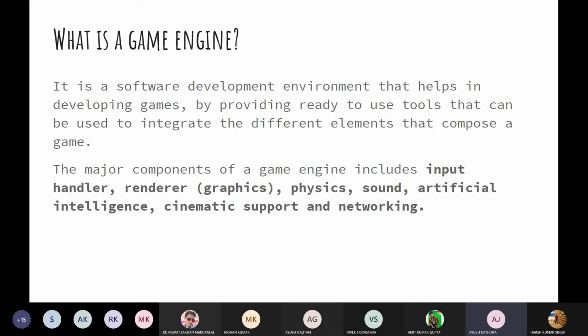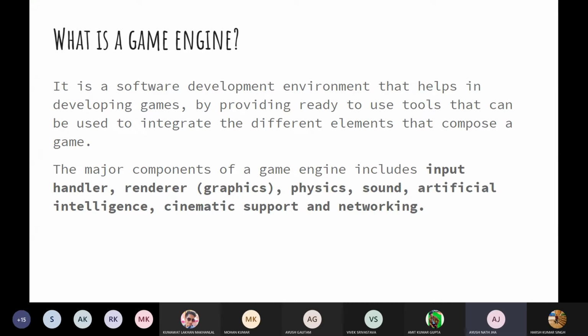So what are the major components present in a game? When you play a game, you can experience these things. When you press a button, you give input to the game. So there is an input handler that queues the input you give and then does things within the game as per that input.